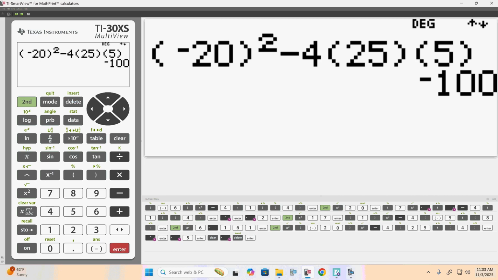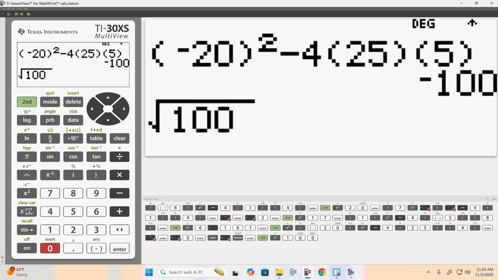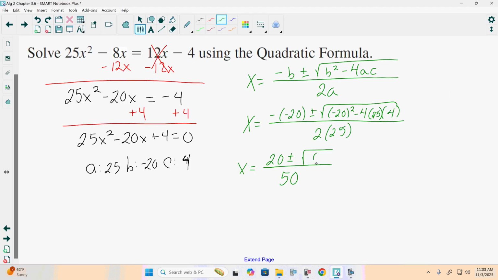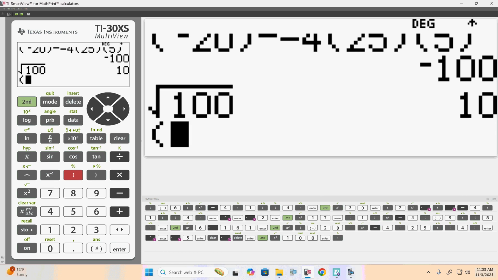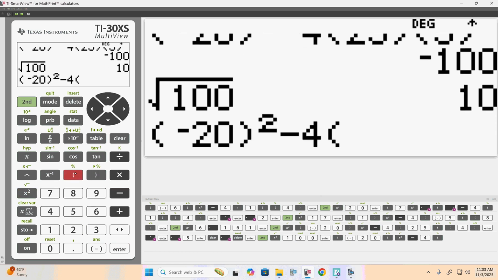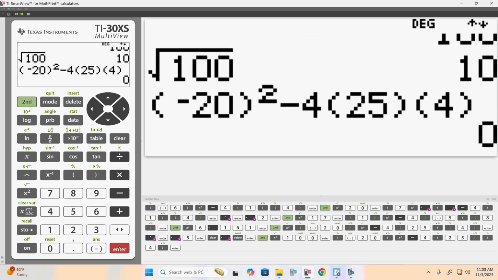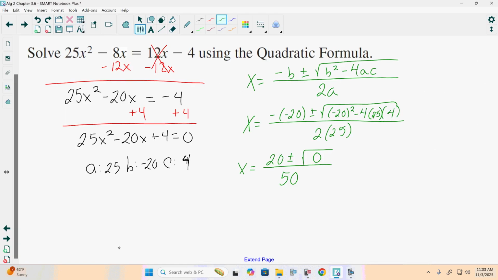If it's -100, the negative is going to come out as i. I take the square root of 100, telling me that it's 10i. We have to do a few extra steps. But here, it tells me that -20² minus 4 times 25 times 4 is indeed 0. Now the square root of 0,